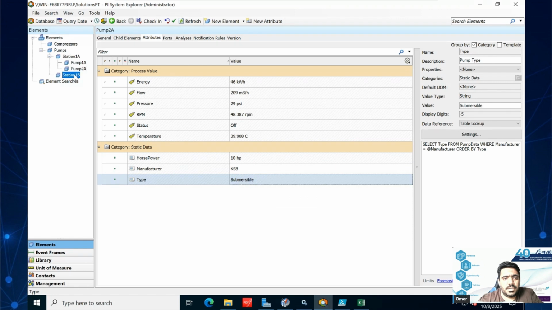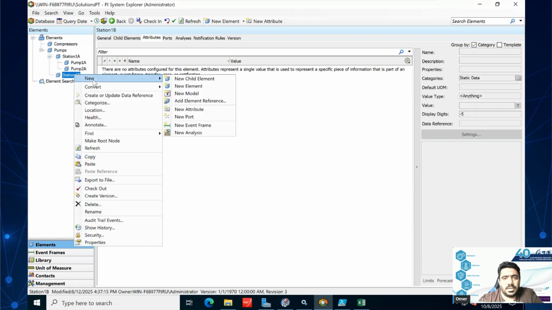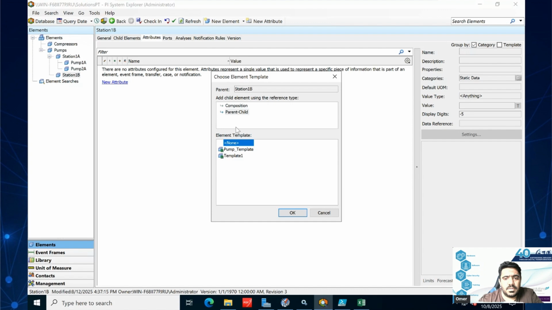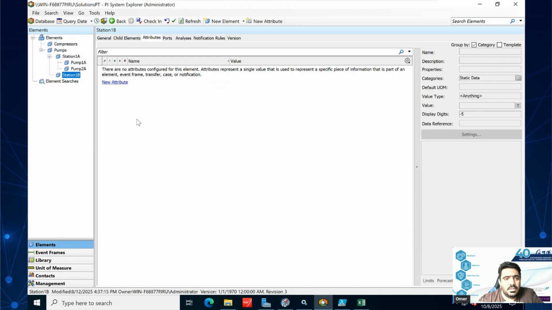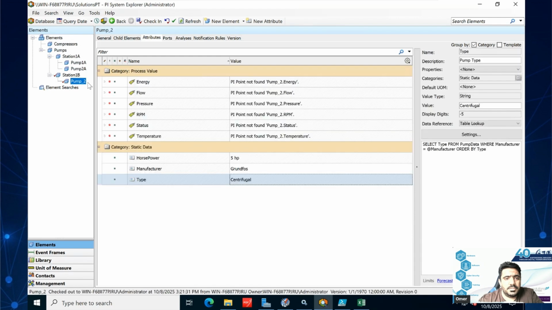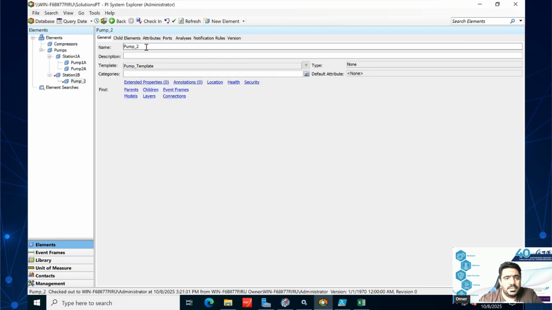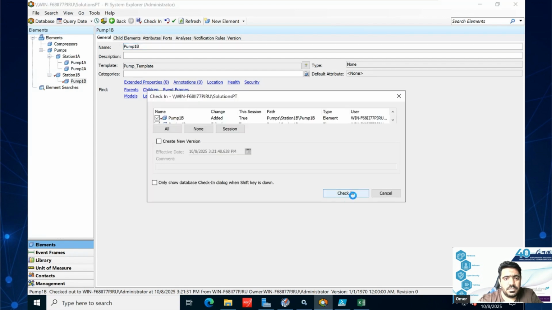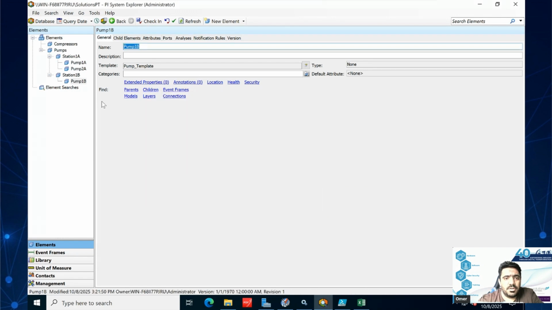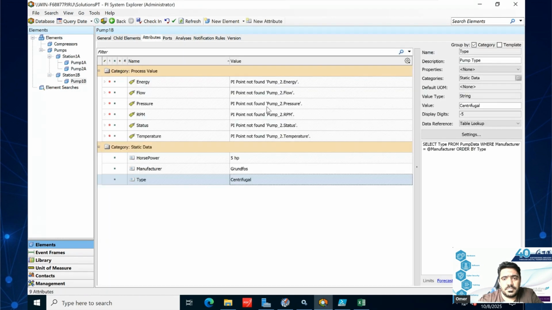Now, in a similar way, I have a second pump and I want to create a new pump, which is 1B, and I'm going to use the same pump template. Okay, here you go. And I'm going to name it pump 1B. So the naming is really important, and whenever you are creating the templates, you should be very focused on the naming convention of your elements, because your attributes depend on it. Oh,